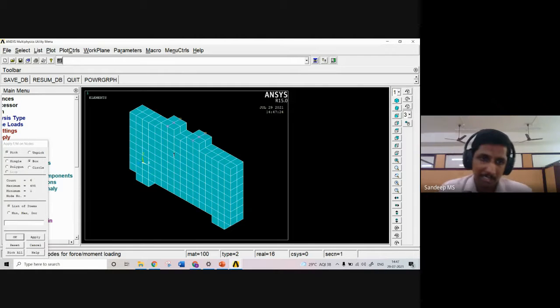Six nodes are selected now, and on these 6 nodes, I will be distributing the total expected load. Let's expect that this beam will be carrying something around 600 kilonewton. So I have to divide that by 6 and apply the obtained value at each of these nodes.